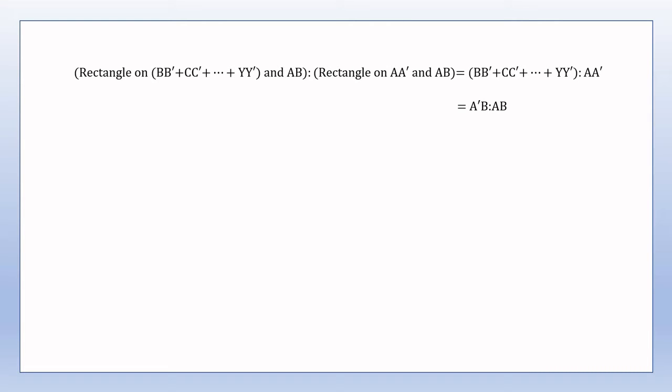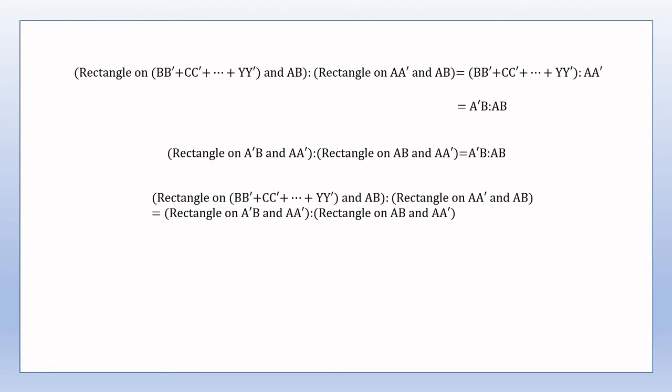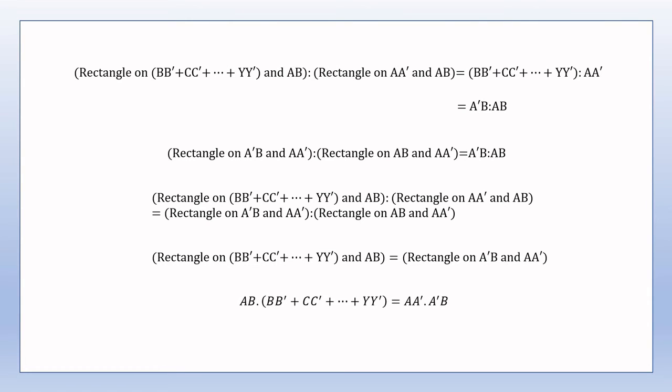Therefore, by Euclid 5.11 and using the result of proposition 21, we have that the right-hand side is equal to A'B to AB. Similarly, construct a rectangle with base equal in length to A'B and a second rectangle with base equal in length to AB, and each with height equal to AA'. Then again by Euclid 6.1, rectangle on A'B and AA' to the rectangle on AB and AA' is equal to A'B to AB. And thus by Euclid 5.11 we obtain as shown. And obviously the rectangle on AA' and AB is equal to the rectangle on AB and AA', and so by Euclid 5.9 the rectangle on BB' plus CC' plus YY' and AB is equal to the rectangle on A'B and AA'. And in more modern notation this is AB times BB' plus CC' plus YY' is equal to AA' times